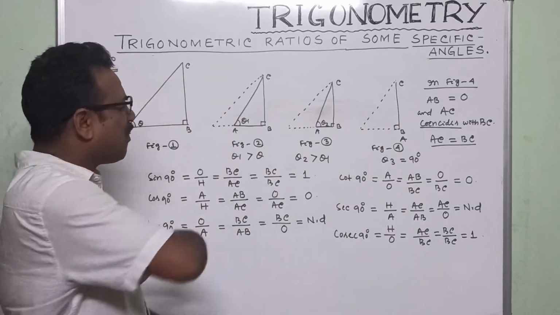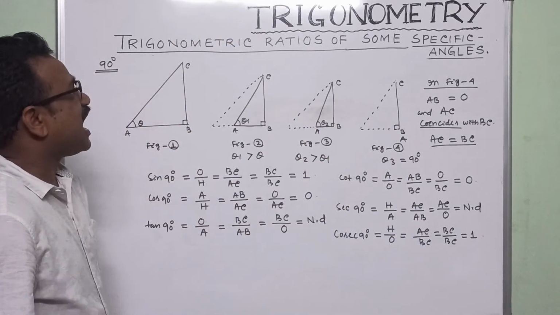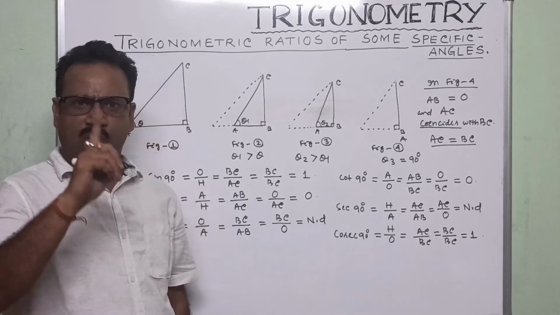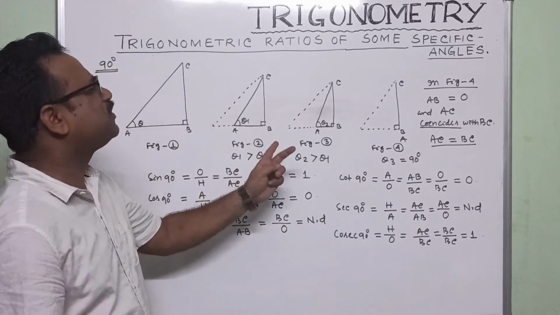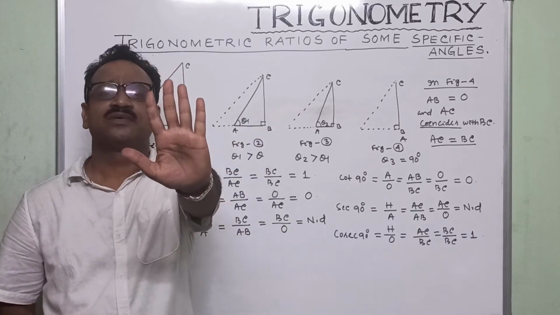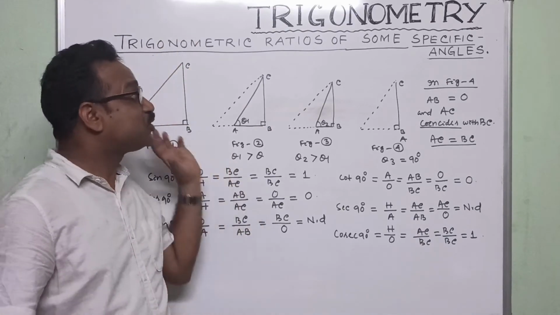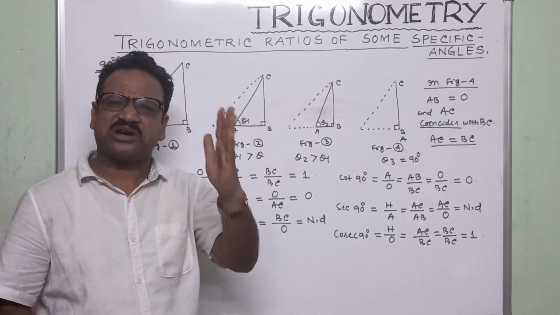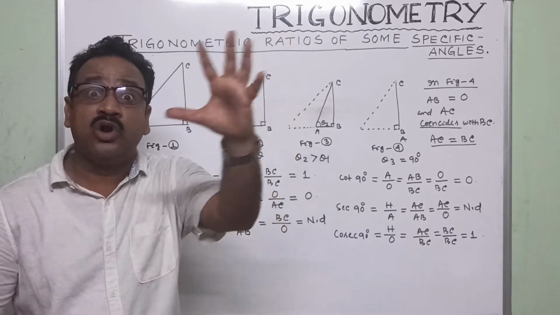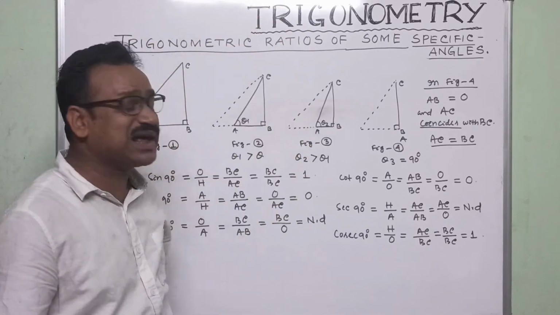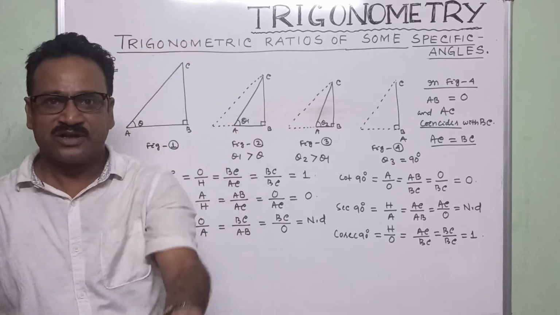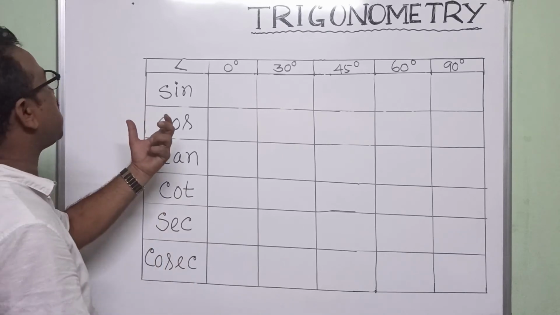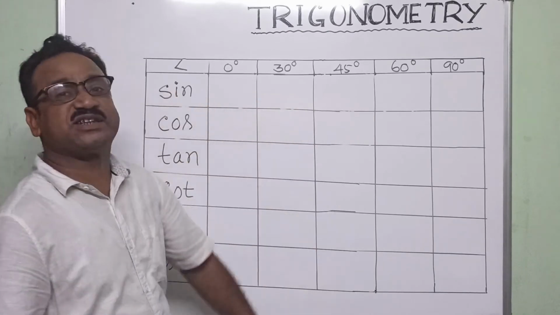We have to remember all these things to remember the ratios of specific angles. But there is one trick for all angles. If you can remember only 5 numbers, then the values of sine, cos, tan, cot, sec, cosec for 0 degree, 30 degree, 45 degree, 60 degree, 90 degree will all be in your mind. Without remembering all these, you can find them within a glimpse of a second. Now let us see the trick.